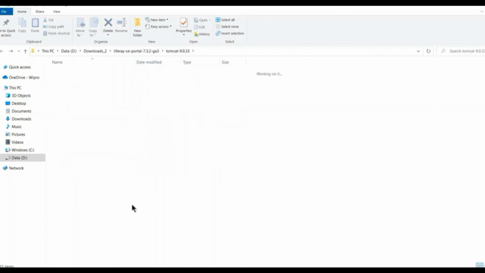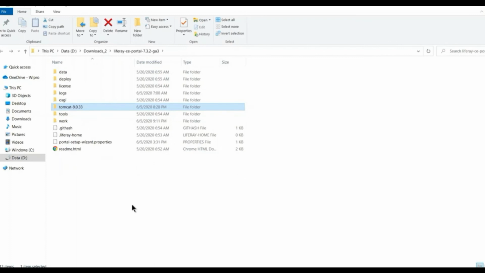So that's all in terms of understanding Liferay's important folders. Now you have an idea of which folders can be deleted and for which folders you can create housekeeping jobs in order to manage them on a day-to-day basis.